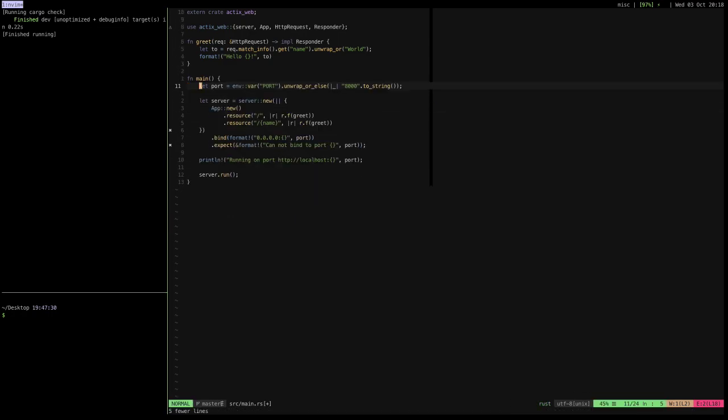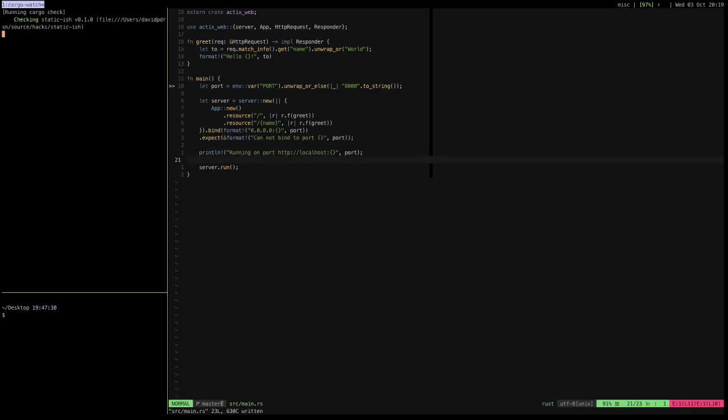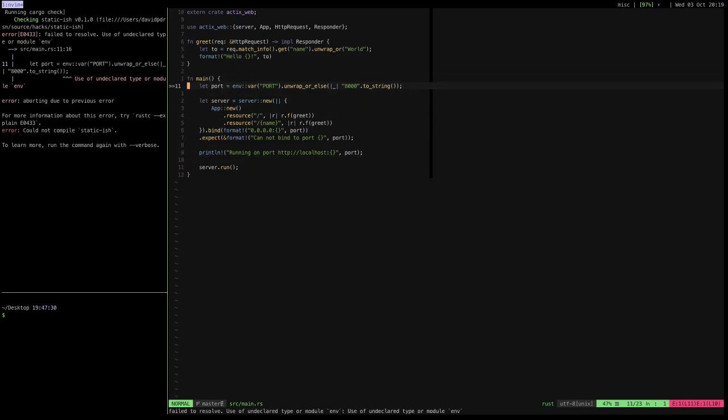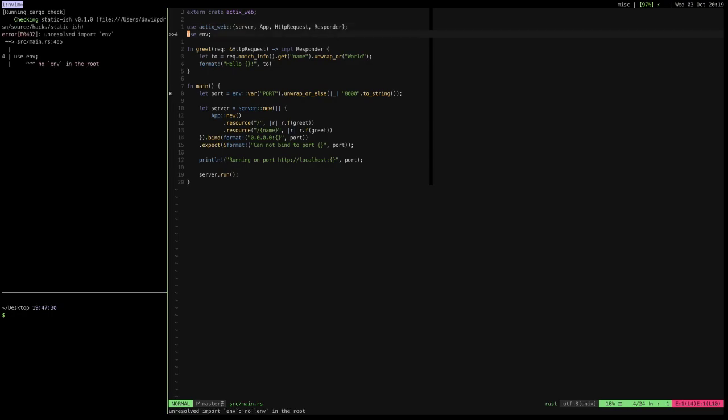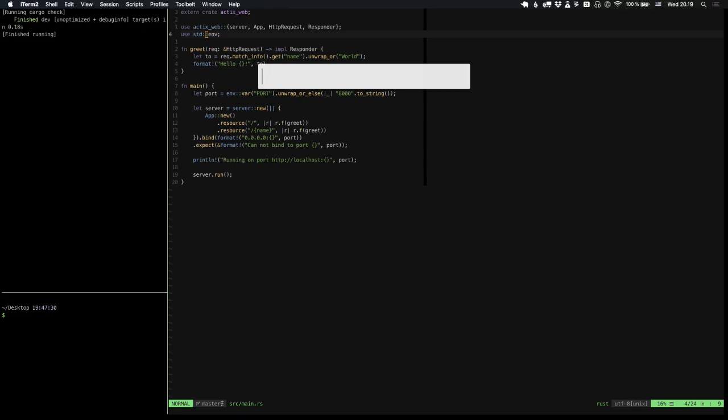So what this will do is basically look in the environment to see if there is a port, and then it defaults to 8000, because on Heroku, which I will probably be deploying this to eventually, the port that you're supposed to bind to is what is in the port environment variable, but I don't have that set up locally, so we just default to 8000. And then I realized that you have to bind to 0.0.0.0 and not 127.0.0.1. And then we just print the port that we're actually running on. Use of undeclared module env. Use std::env. And if we run it,